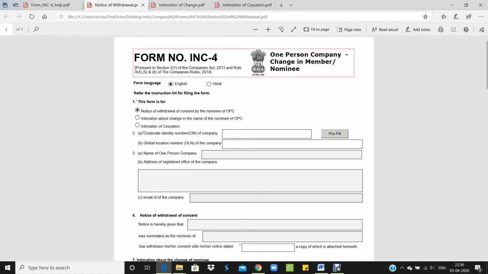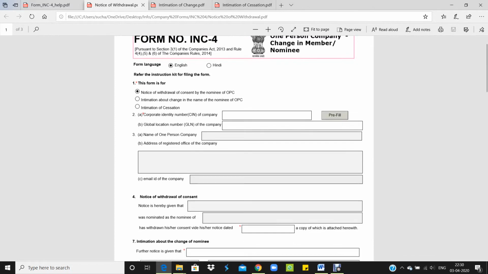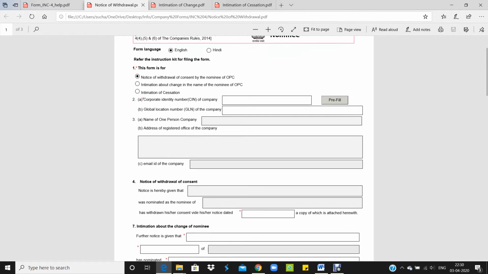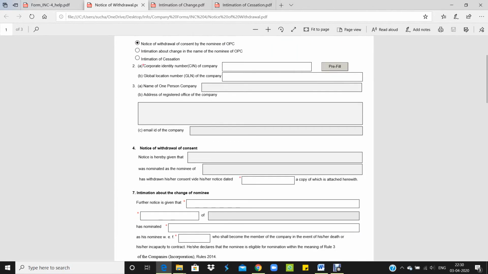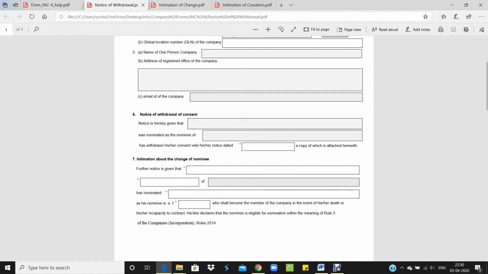Here we have to give the SRN of the existing One Person Company and give prefill. Then all the details like the name of the One Person Company, address, and email ID will automatically reflect in this column. Notice of withdrawal of consent by the nominee. Who will give the notice? The nominee will give the notice. Now serial number 4 has been opened. In the notice of withdrawal of consent, notice is hereby given that